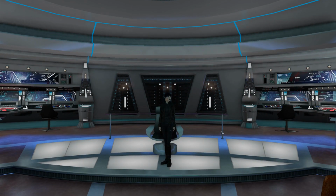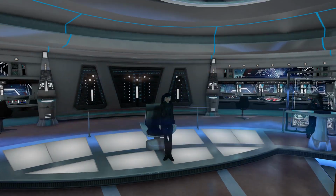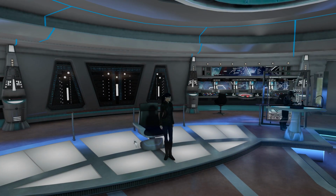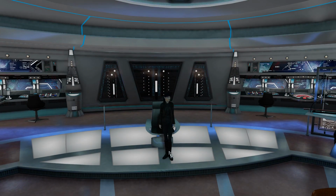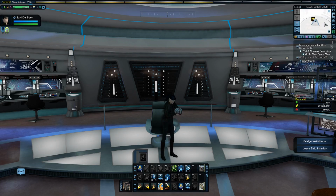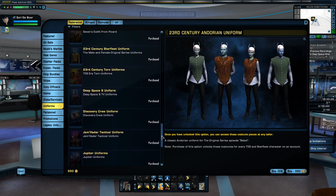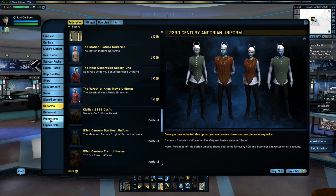Right, so before we get into the build, I don't know whether you've noticed that I'm wearing a slightly different attire. And this attire is from Seven of Nine, who starred in the latest Picard series. Now, Star Trek Online are actually giving this away, and I'll show you where you get it from. Go into the Zen store, into uniforms, and it's there for me now because I've purchased it, but you'll find it in promotions, in the promotions tab. But that's what it looks like,